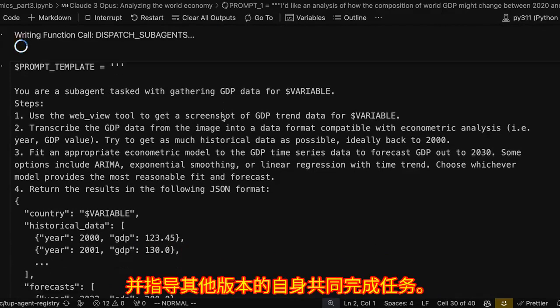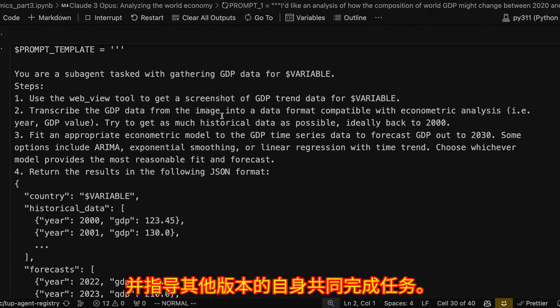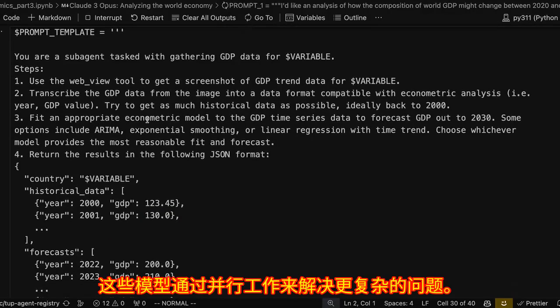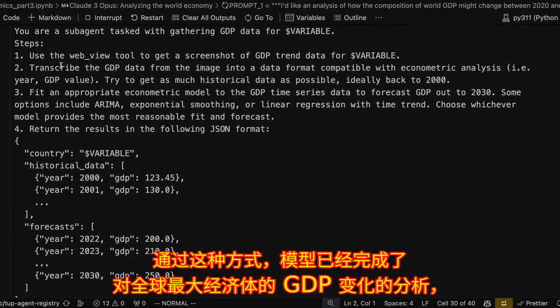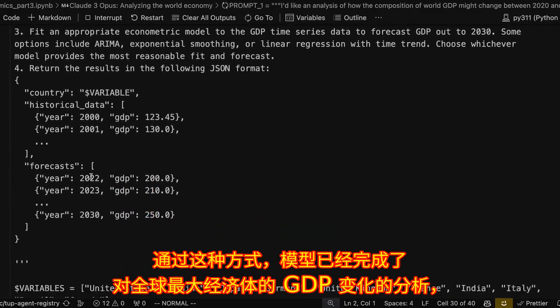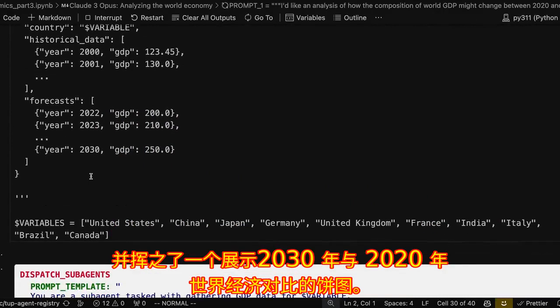This basically allows the model to break down the problem into lots of subproblems and then write prompts for other versions of itself to help pick up the slack. Models can then complete a more complex task by all working together. Here you can see it's written this prompt and given